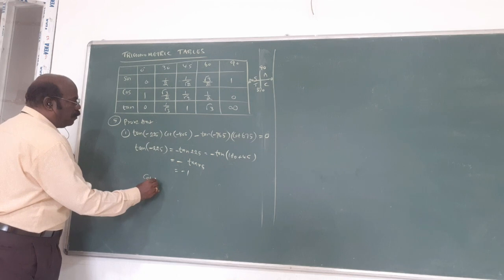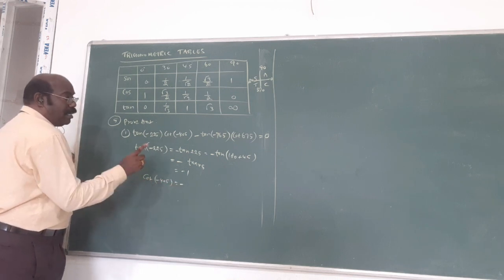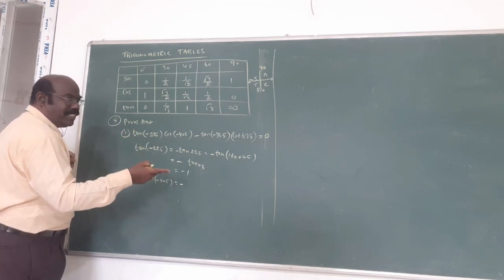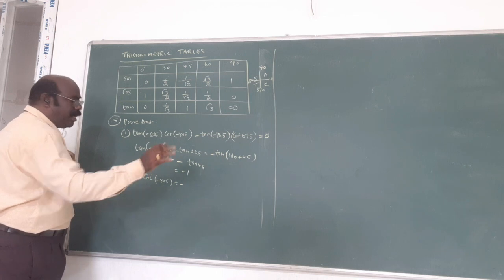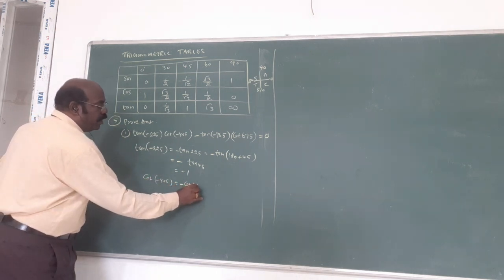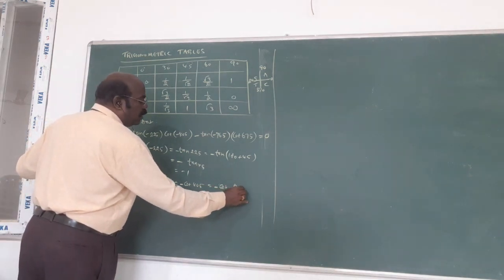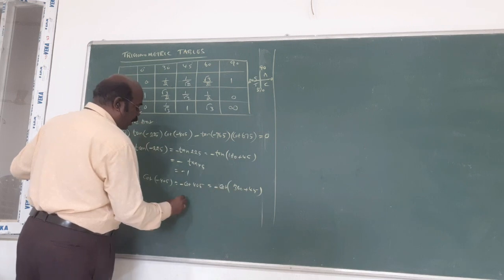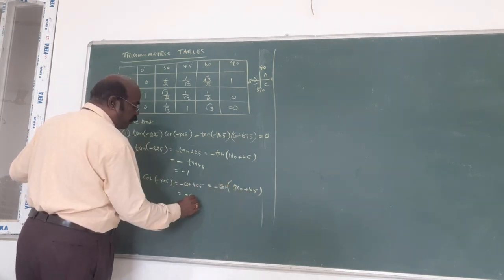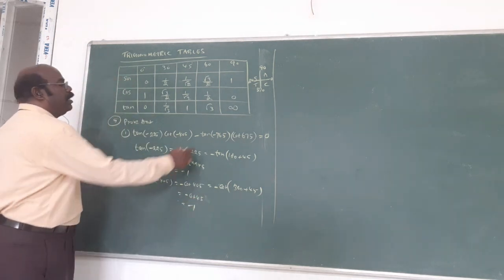Now, cot of minus 405. Here also minus. Already you know, in the first quadrant all are positive, negative will not come. Negative of cot 405. This comes as minus cot of 360 plus 45. Already told you, 360 becomes 0. Only 45 remains: minus cot 45. Cot 45 is what? 1. So minus 1. This one.